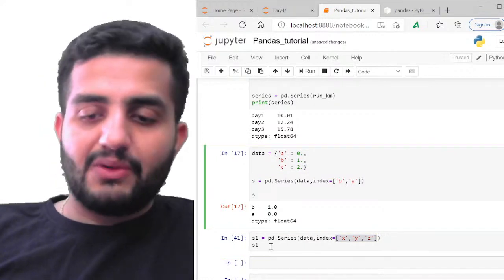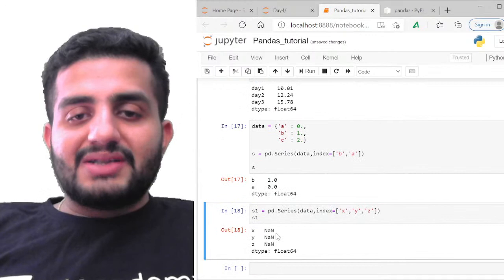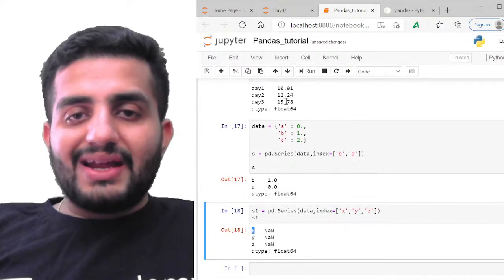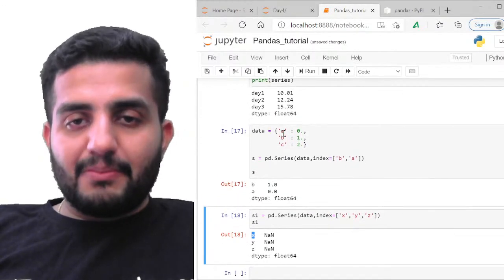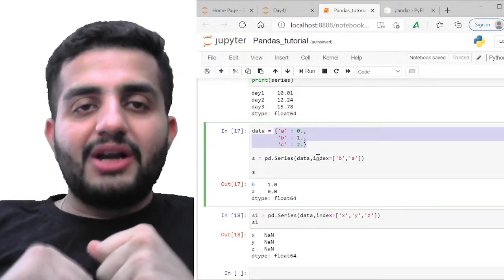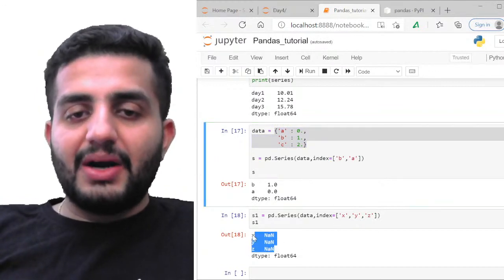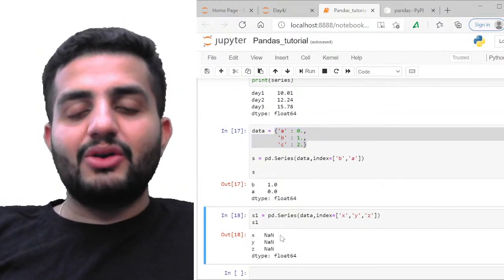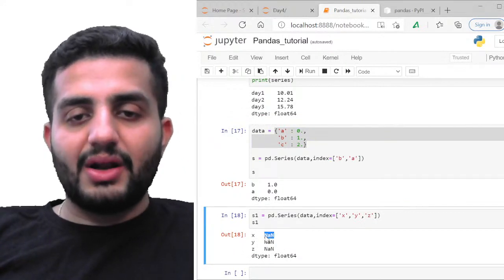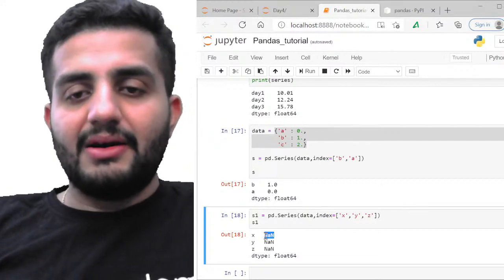Let's see what happens. The important thing to understand is that if a key does not exist in the dictionary, it will not give an error. It will give the data, but null data: NaN, not a number, basically a null or NA value in Python.